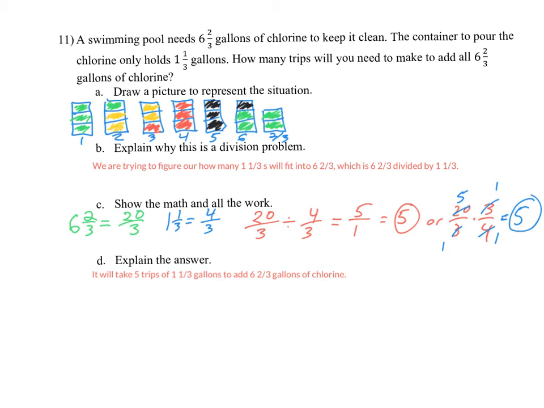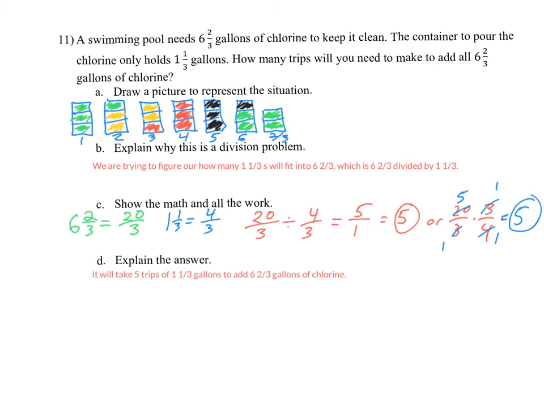Well, how many of those were there? There's the green, which is 1, the yellow, which is 2, the red, which is 3, the black, which is 4, and the green, which is 5. So there were 5 different trips that I would need. So why is this a division problem? Because we're trying to figure out how many 1 1/3 will fit into 6 2/3, which is 6 2/3 divided